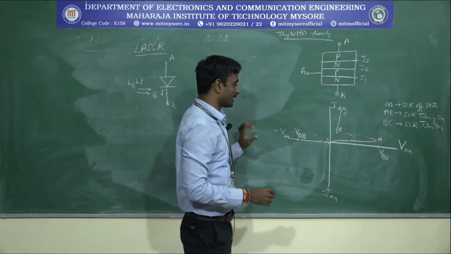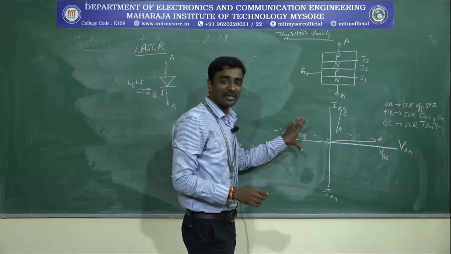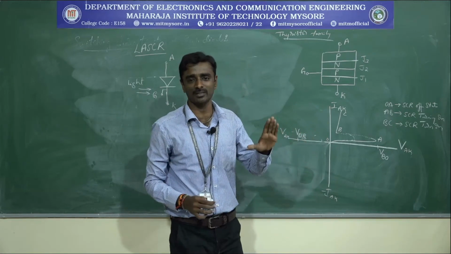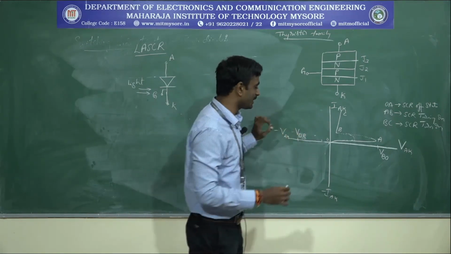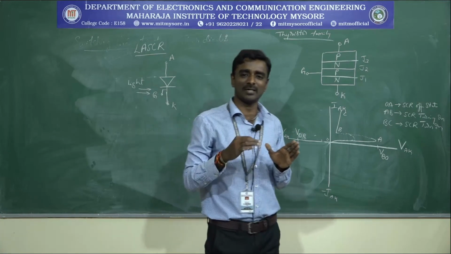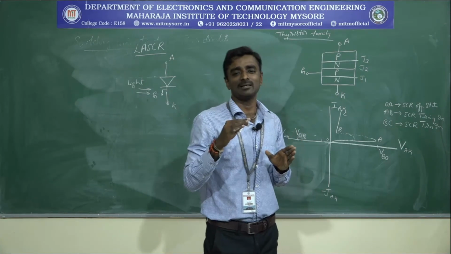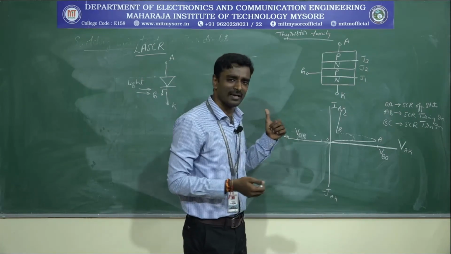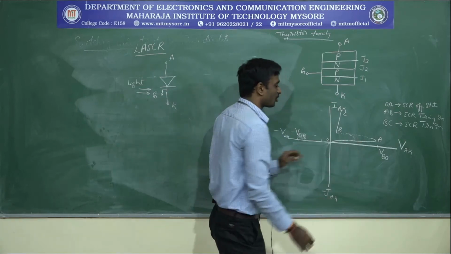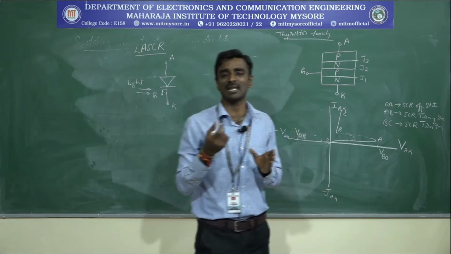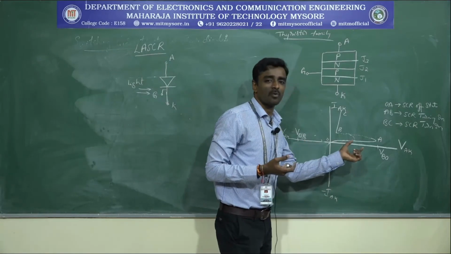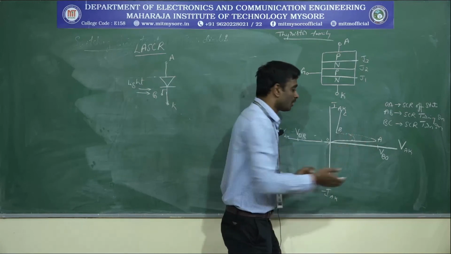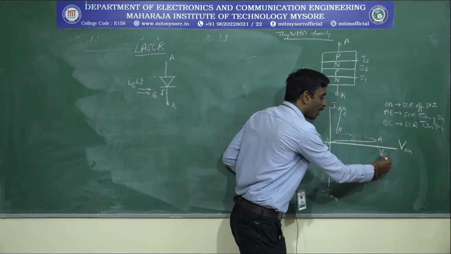Based on this, how will the VI characteristics vary? The LASCR VI characteristics are similar to the SCR, but the only difference is that the input is light in place of a gate voltage. In the forward direction, when the photoresistive material senses the light and it reaches the maximum amount of light needed to turn on, the voltage reaches the maximum to make it turn on. That region is called the forward breakover region.